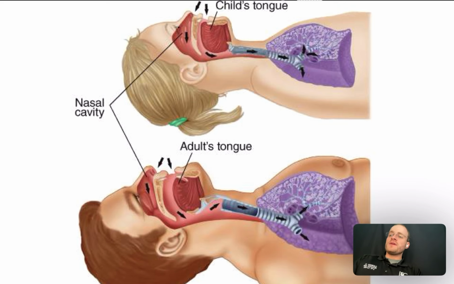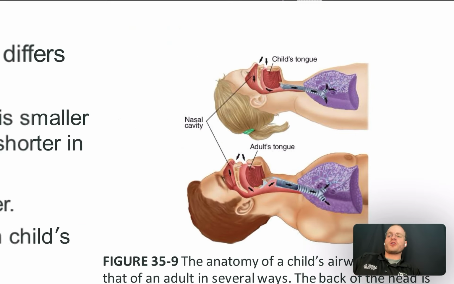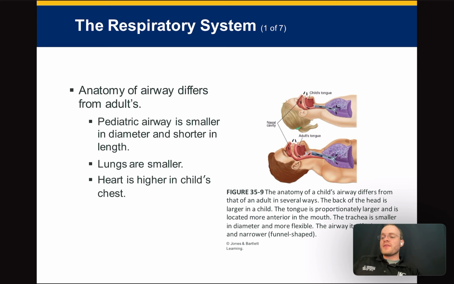Be aware you can kink a kid's trachea by hyperextending their neck, flexing it forward, or choking them. Their airway is more likely to become kinked. Not only that, it's more flexible and shorter, with a smaller diameter. The lungs are smaller too. So what does that mean? On the BVM, you don't have to collapse the bag with every breath on a 5-year-old. It's just enough to get chest rise. Their lungs are much, much smaller.